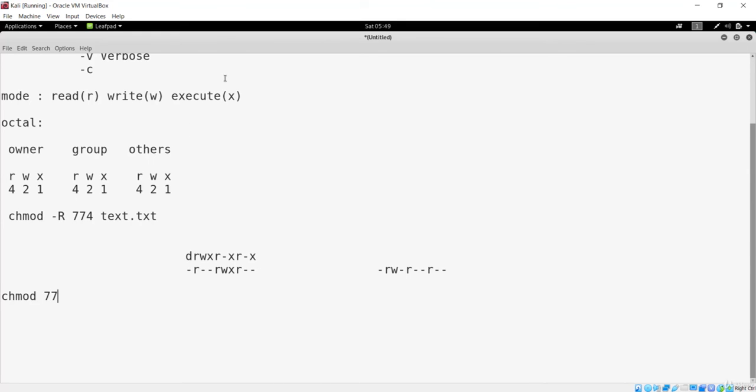Next, if you pass 7 again, that is for the other users, who do not belong to the owner and the file group, and they can also read, write and execute that file. After that, you can simply pass test.txt or any file name or any directory name. So this is the way. If you want to change the permission for this test.txt, all you need to do is use this command. Let me copy this,